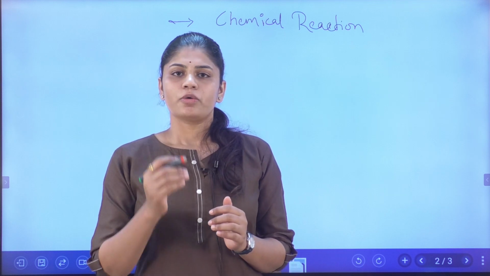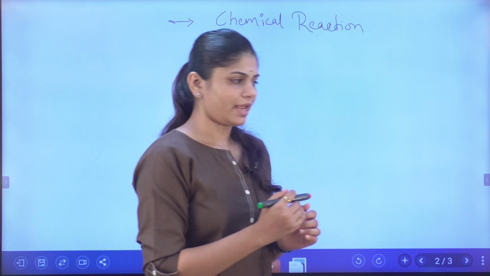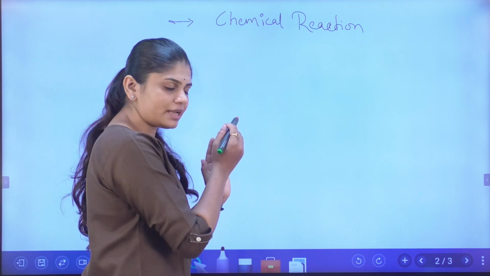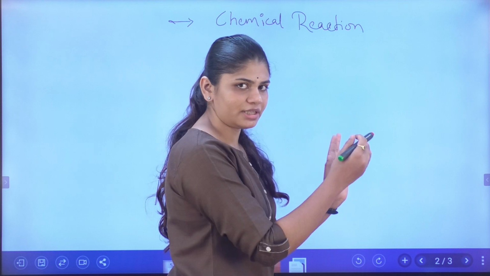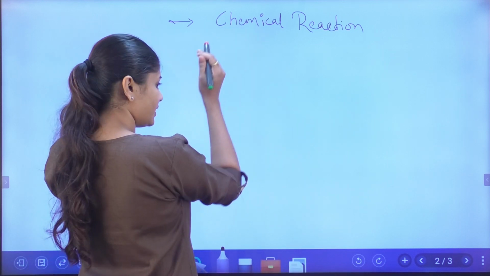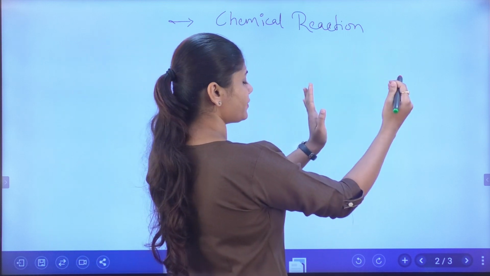There are two sides, LHS, that is the left hand side, and RHS, that is the right hand side. The left hand side we consider the reactant side and the right hand side